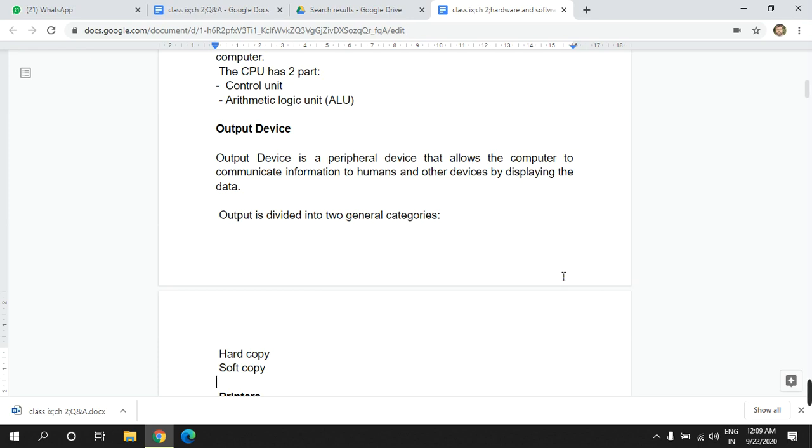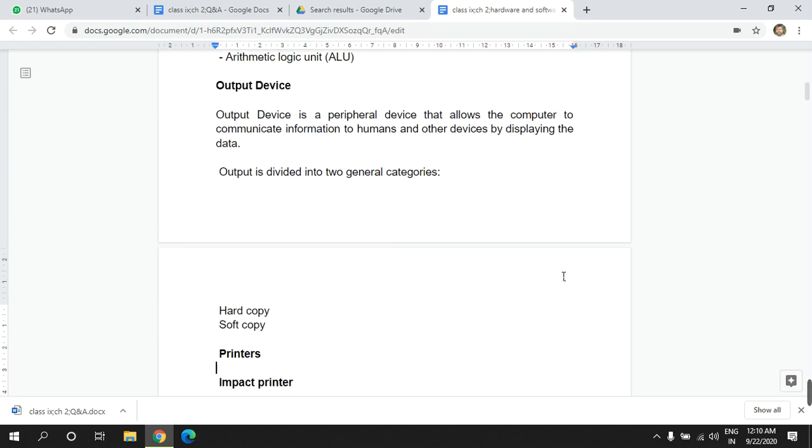which we can manipulate. As I am teaching you, and you are seeing the data on your screens or mobile phones or maybe laptops or computers, this is the soft copy. And if we take the printout of whatever I am teaching, the text written on the screen, it will become the hard copy. So soft copy is displayed on the screen and it could be manipulated, modified, edited.